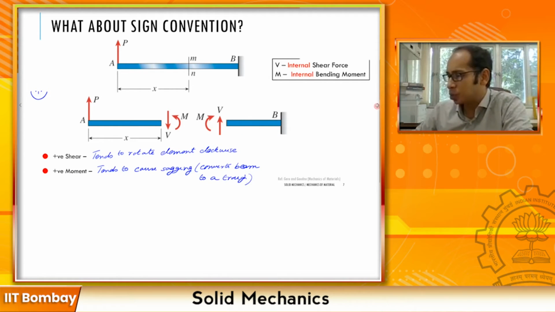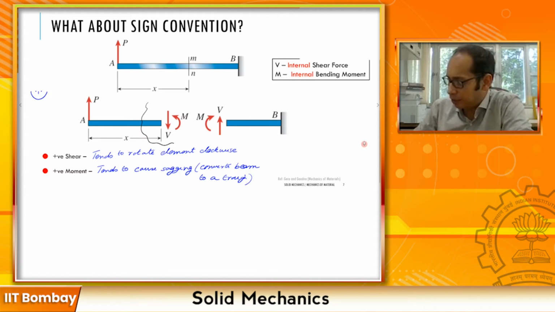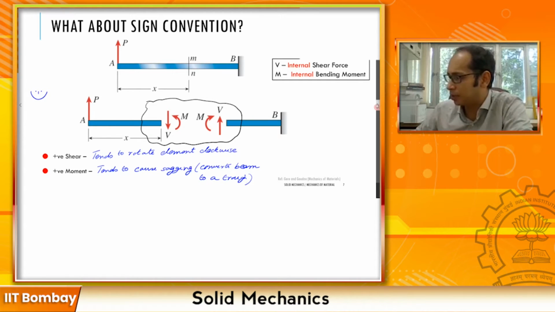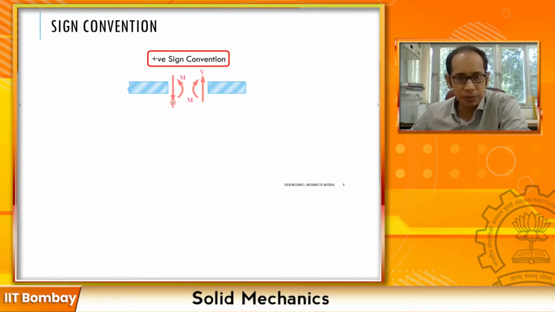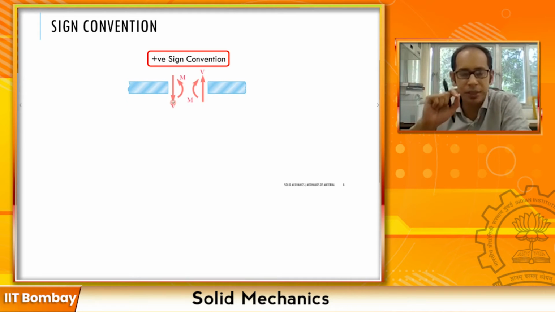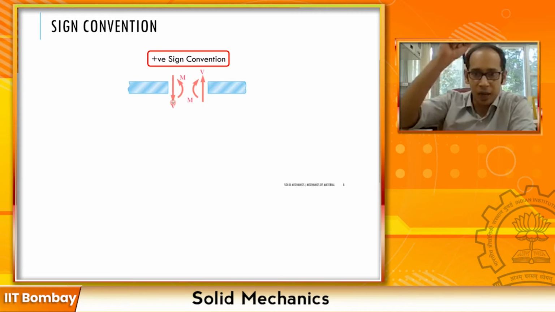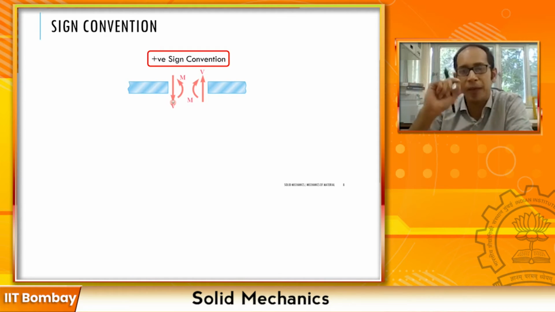Now again, just to reinforce that one, if I take a section of this particular chunk of this cantilever beam and look at it a little bit more deeply, this is what I have, right? So this is my positive V, positive M, positive V, positive M. Now don't be confused that this is positive V. It is not related to your positive X and positive Y. It is just related to the nature of action of this force. It is not along the positive Y or positive X or something like that. It is the nature of action.